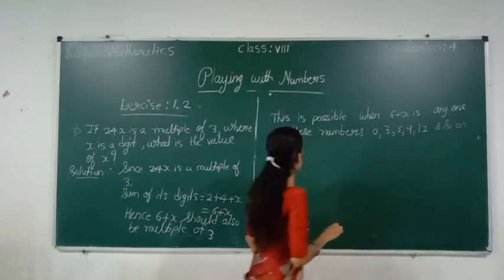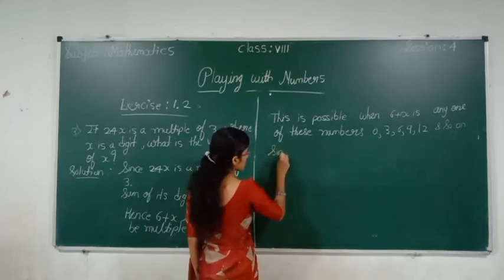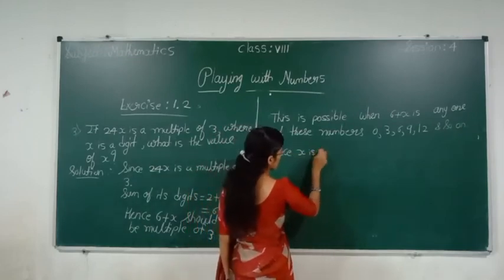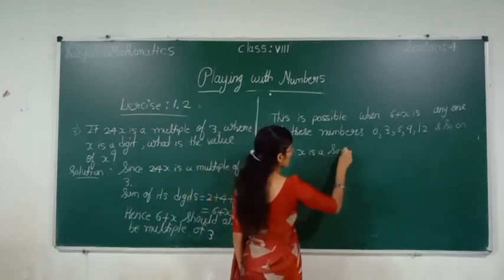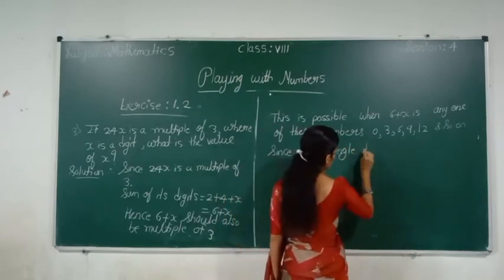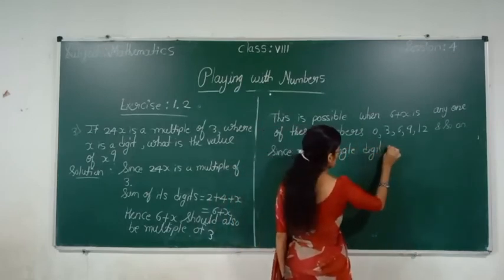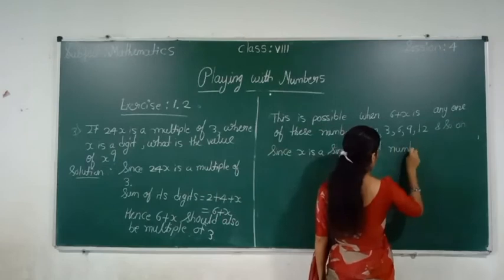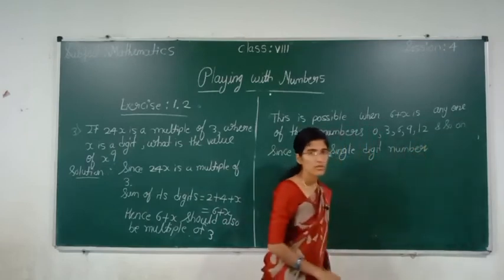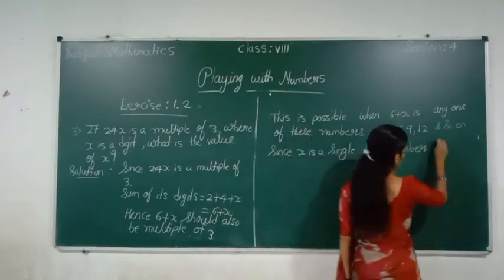Since x is a single digit number, the possible values for x are